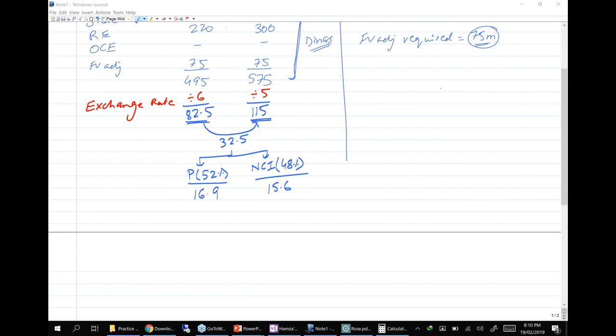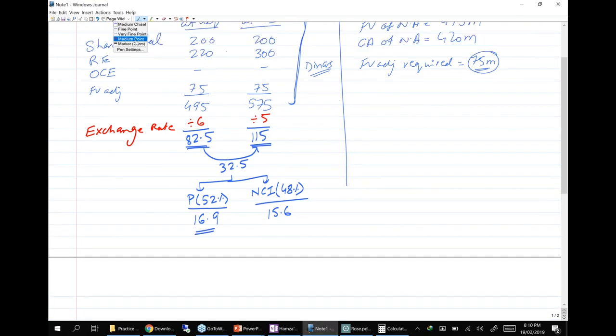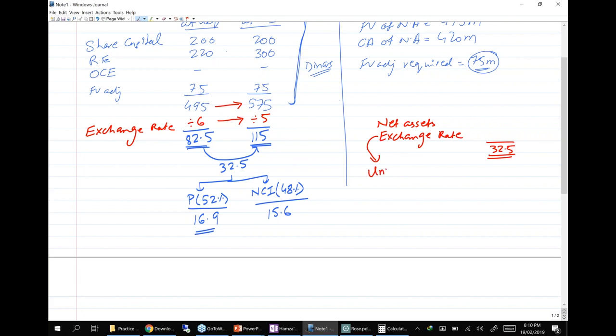But now we need to understand one more thing, that this 16.9 actually has the impact of two things. One, this has the impact of net assets, and second, it has the impact of the movement in the exchange rates. So we can say that there are two impacts, the net assets one and the exchange rate one. So that entire 32.5 relates to both of these. Now we call the exchange rate impact to be unrealized. Why? Because this is going to impact the company when we are actually selling the subsidiary. When we are selling the subsidiary, this will have an impact onto us, which is not our intention. So we say that this gain or loss, the exchange gain or loss, is basically a